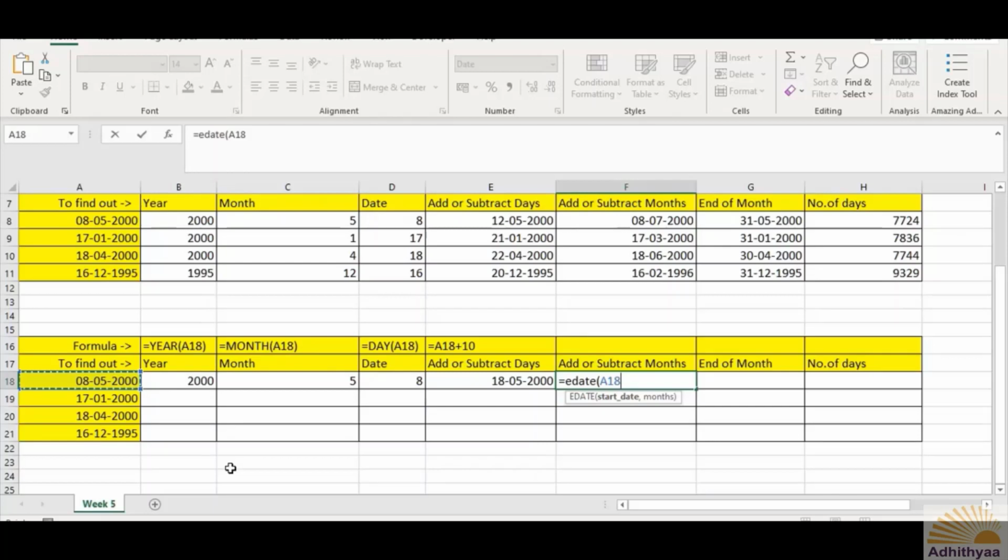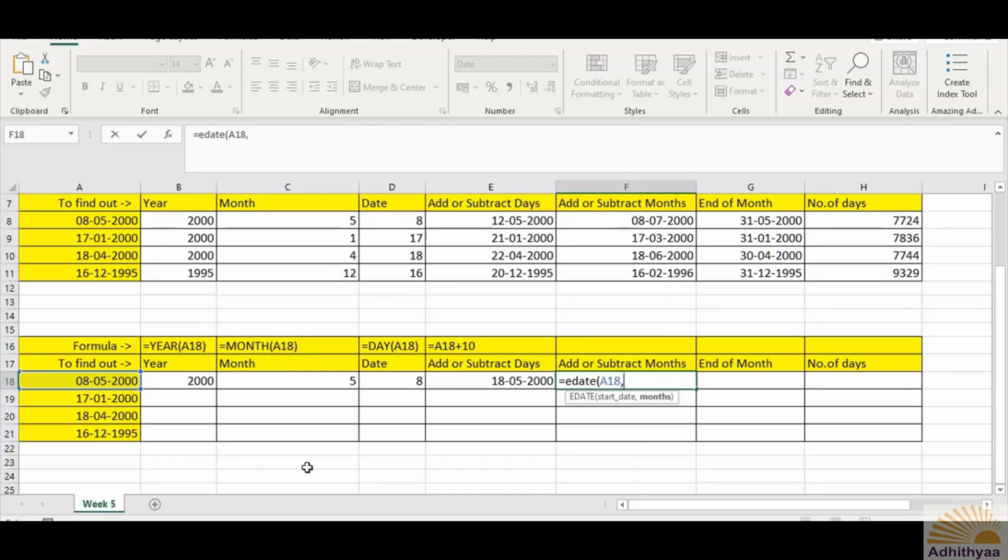Then you say comma, and instead of 1 for January, it will be 0 for the month. Whatever month you have extracted from this date, that becomes the 0, and thereafter it goes like 1, 2, 3, 4, etc.